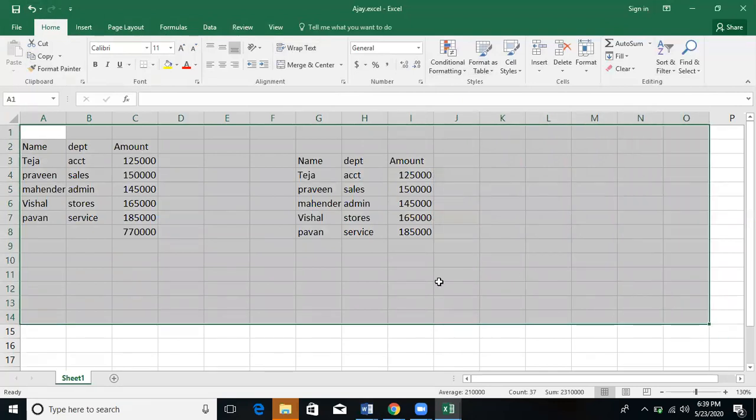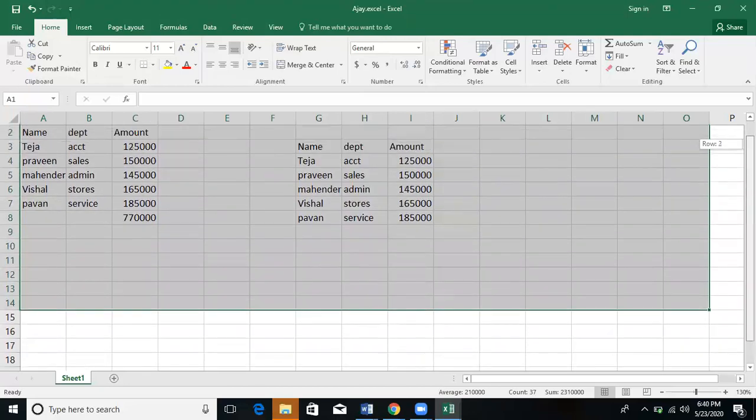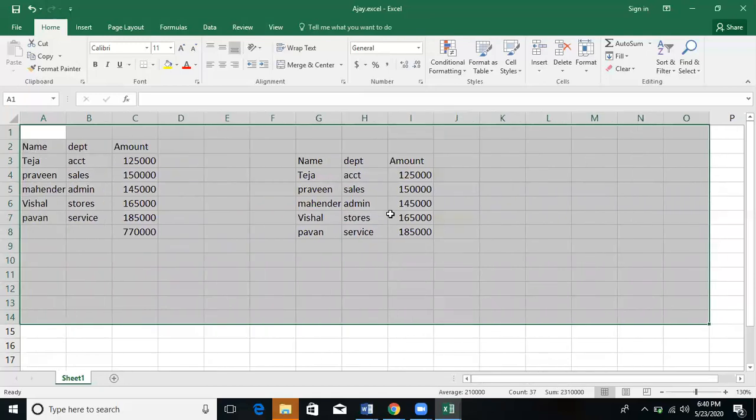And this is a sheet where you can give the name. This last bottom box we call the status bar. This is the sheet bar. The indicator on the right side we'll call the vertical scroll bar, and the bottom one we'll call the horizontal scroll bar. So this is how we define the Excel sheet. Rows and columns combined are called what? Cell.